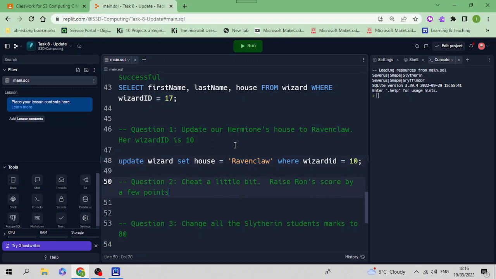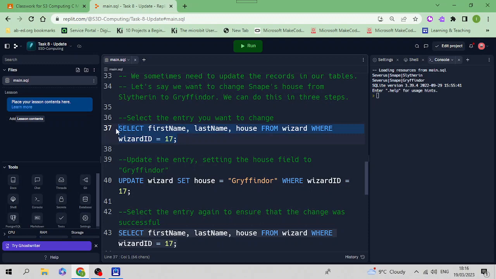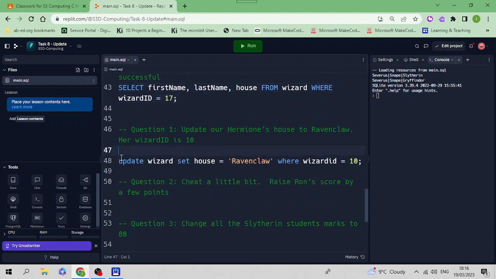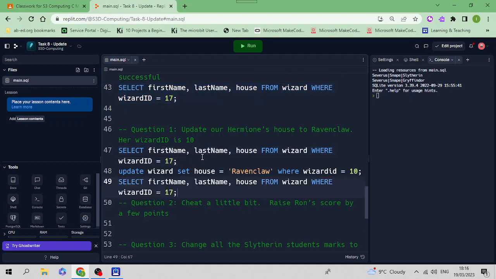Now we can run this and we won't see any changes because we haven't got our select statement before and after. So let's go and put a select statement. I'm just going to copy that one and put it before this update wizard statement, and then we're going to do the same thing after we've updated. We will have a select statement to display, but obviously we have to show wizard ID number 10, not